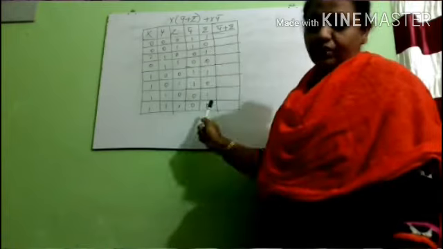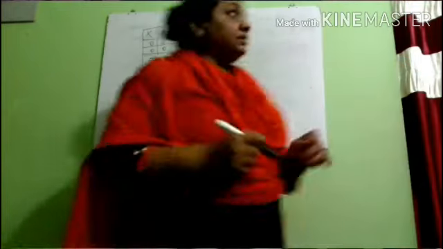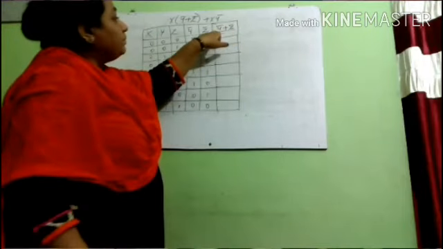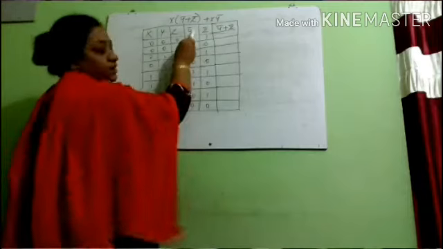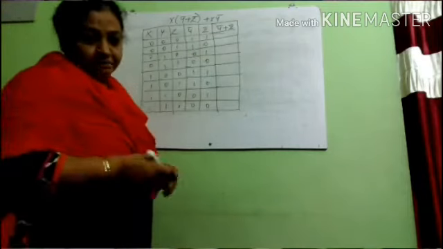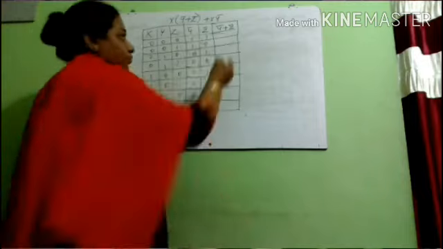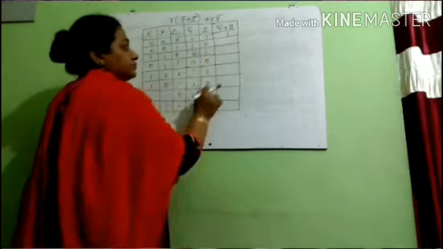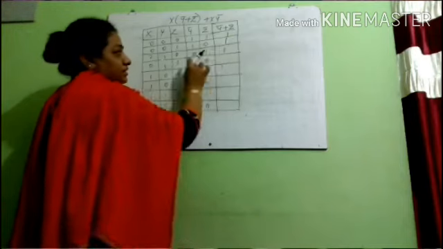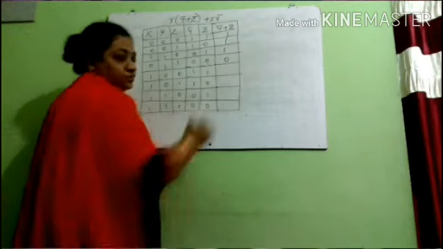Similarly, the complement of z. So the z column you can see as 0, 1, 0, 1, 0, 1, and here the z bar column we have 1, 0, 1, 0, 1, 0, 1, 0. Now, first let us take y bar plus z bar, where plus means OR. So we have the y bar column and the z bar column. Let us OR y bar and z bar.